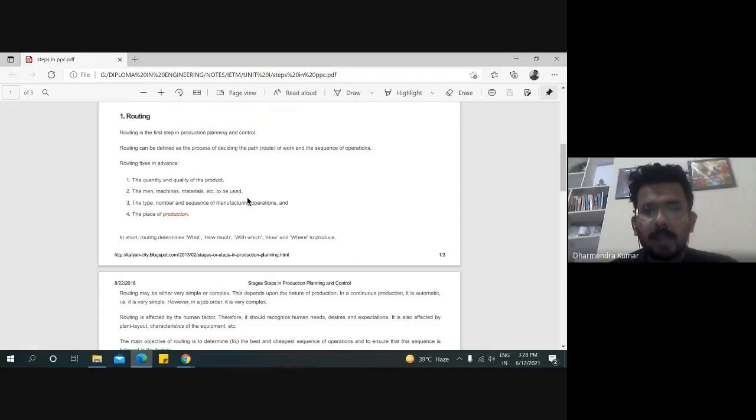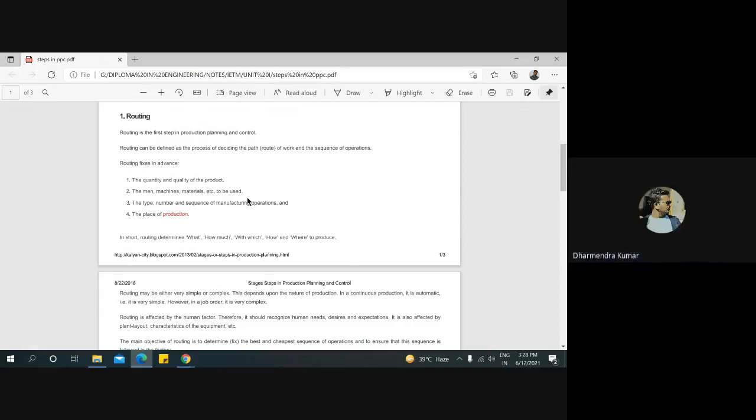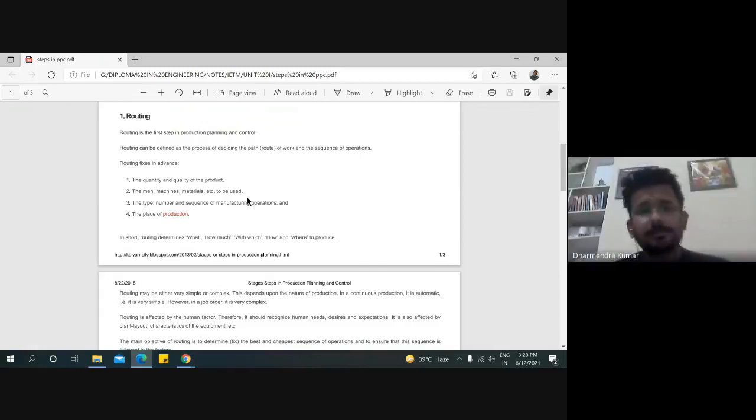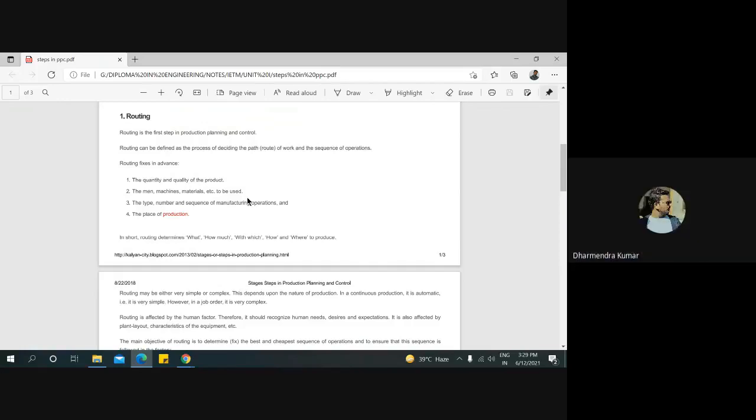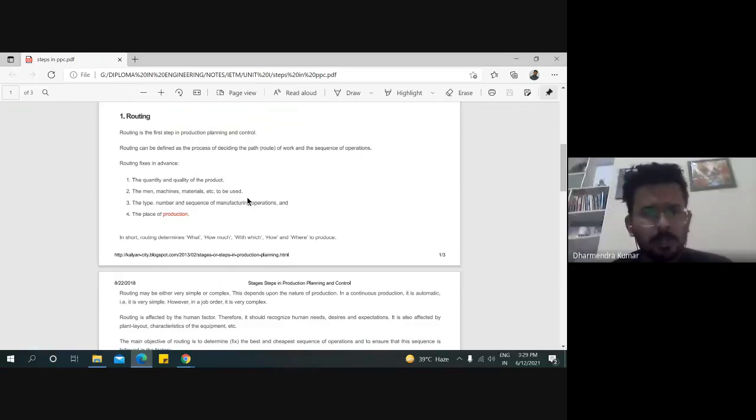to be used. Means in that sequence or path, which type of labor, like skilled labor or unskilled labor, which type of machines, like automated machines or manual machines, and that material which we already inspected, the quantity and the quality of that material.